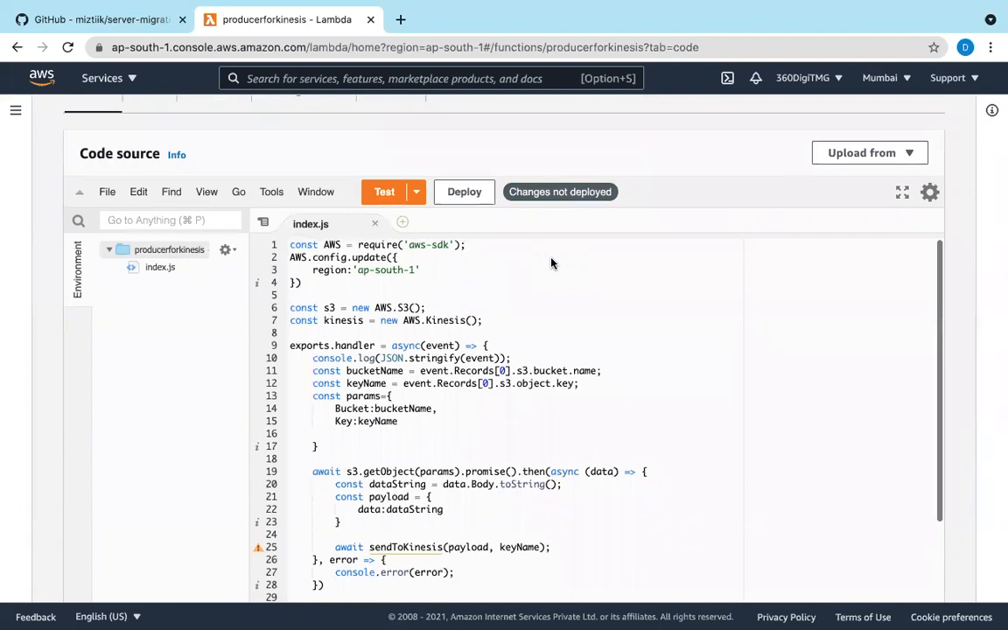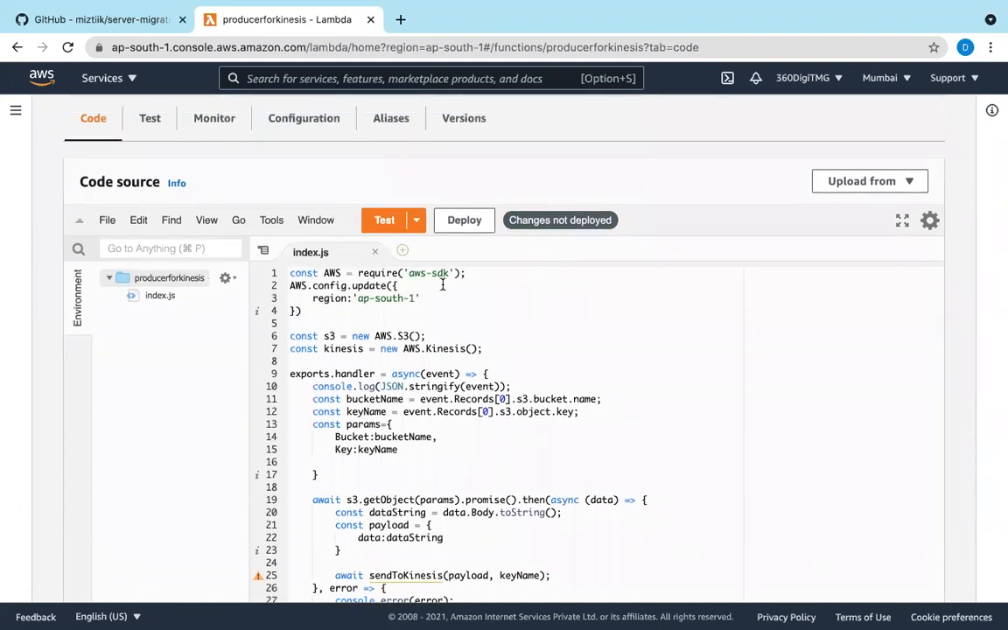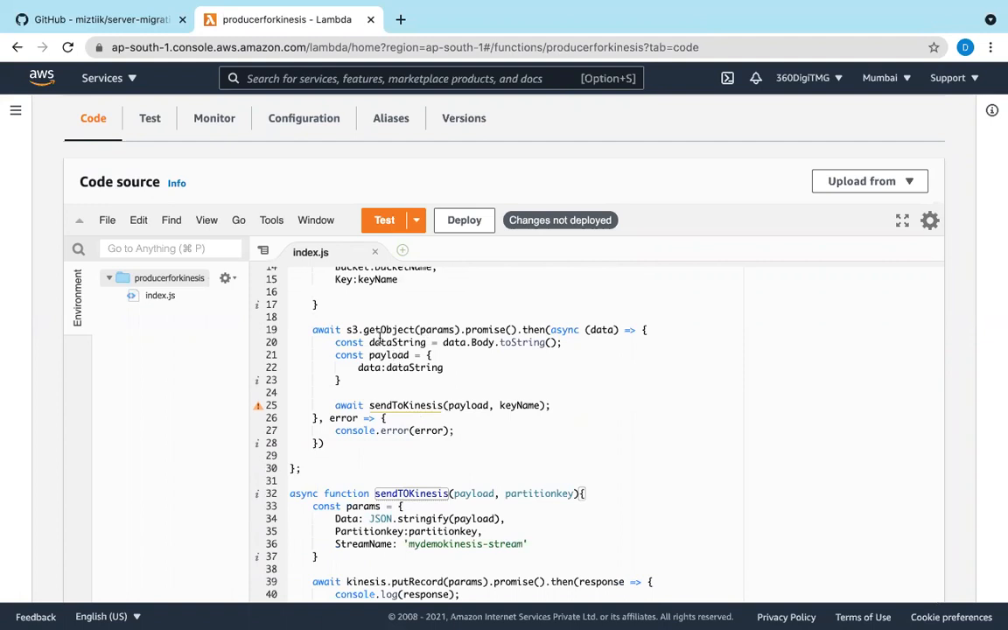What this will do: here we are using the AWS SDK and given the region as ap-south-1, that means Mumbai. And here we are using the AWS S3 constructor and the AWS Kinesis constructor. And what we are checking here, we are creating an event which logs events with bucket name and object key, right? So it creates this kind of event. And when this get object happens,